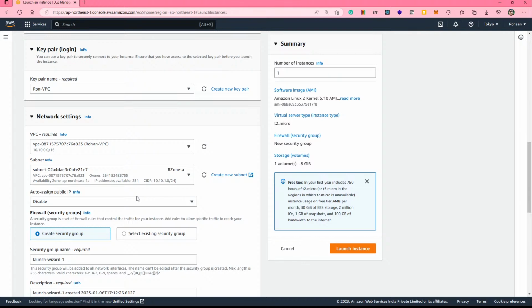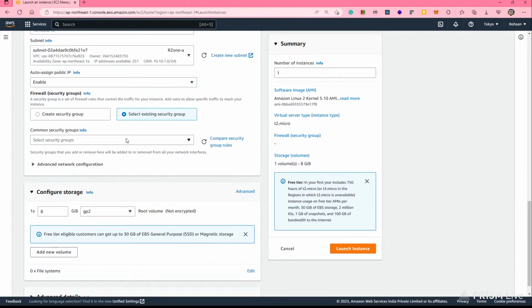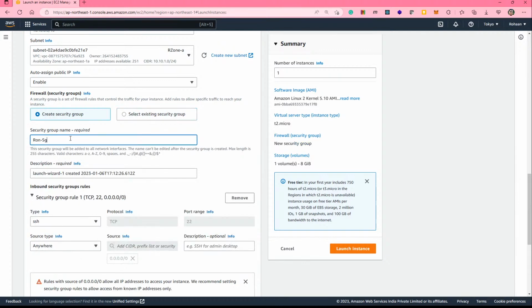Here as well we don't have any previously created security groups. Because security groups are VPC based, if you change our VPC, you won't get your previously created security groups. So I create another new security group here. I just name it security group,